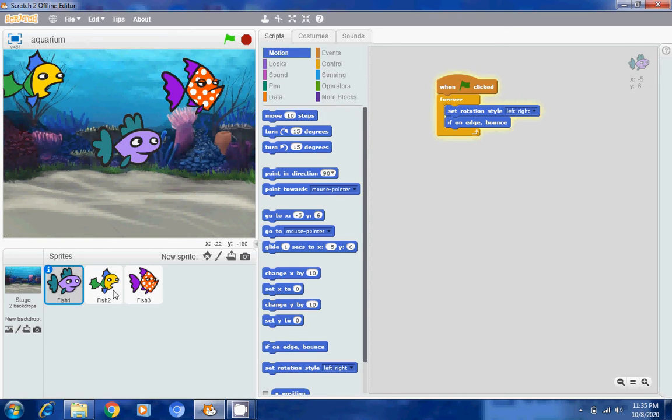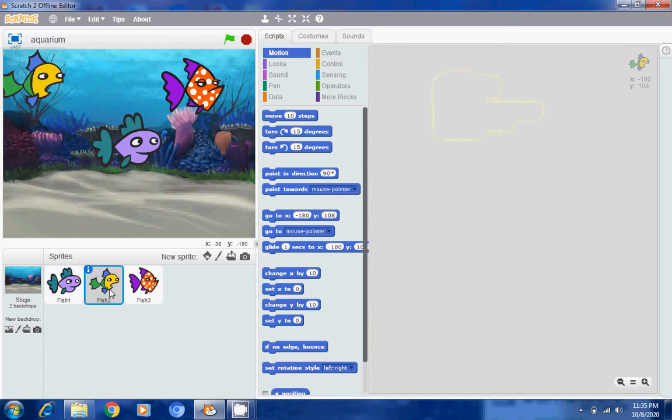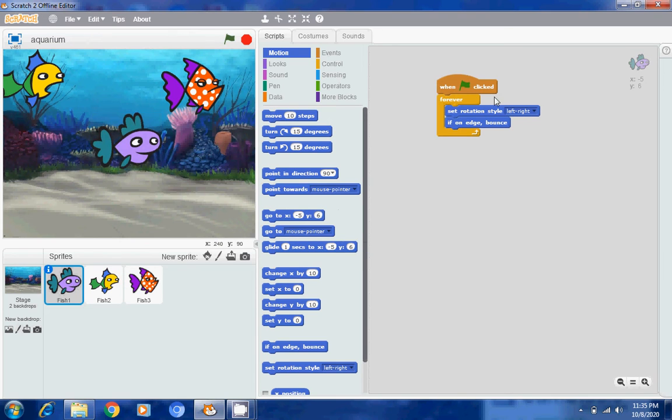It's not working. Let's start that. When clicked, say set rotation style left to right. This is done.